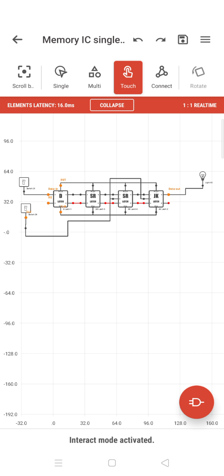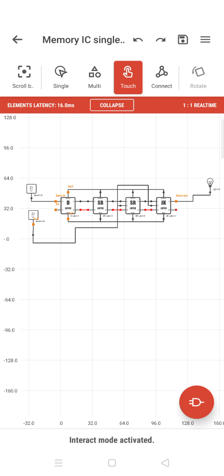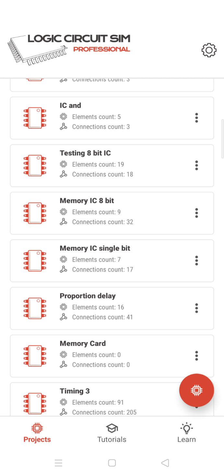Once you have designed this kind of bit array, you know that it is a single bit memory unit, and you can use it as soft memory or hard memory. Now we are going into other things. That is the single bit memory we saw. Now we are going into testing 8-bit.